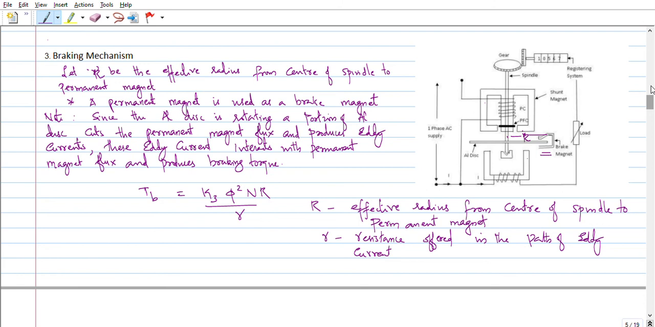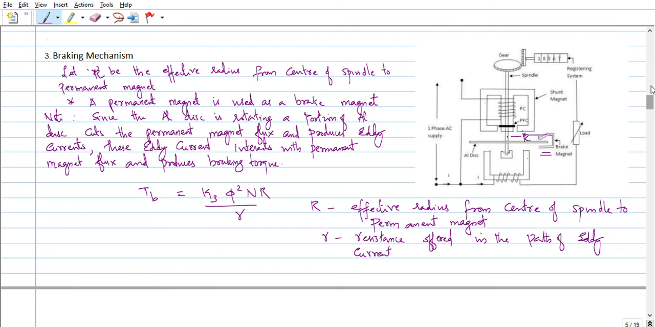എന്തായിരിക്കും അതിന്റെ കൺക്ലൂഷൻ? That means അലൂമിനിയം ഡിസ്ക് already റൊട്ടേറ്റ് ചെയ്തുകൊണ്ടിരിക്കുകയാണ്, അല്ലേ. ഈ അലൂമിനിയം ഡിസ്ക് ഷണ്ട് മാഗ്നറ്റിന്റെയും സീരീസ് മാഗ്നറ്റിന്റെയും മാഗ്നറ്റിക് ഫീൽഡിലായിരിക്കും റൊട്ടേറ്റ് ചെയ്തുകൊണ്ടിരിക്കുന്നത്. അത് മാത്രമല്ല, അവിടെ ഒരു പെർമനന്റ് മാഗ്നറ്റ്, അല്ലെങ്കിൽ ഒരു ബ്രേക്ക് മാഗ്നറ്റ് വെച്ചിട്ടുണ്ട്. സോ ഈ അലൂമിനിയം ഡിസ്ക് എന്ത് ചെയ്യും? It also cuts the magnetic flux produced by the brake magnet and as a result eddy current is developed in the disk and that eddy current interacts with the permanent magnetic flux and produces a braking torque